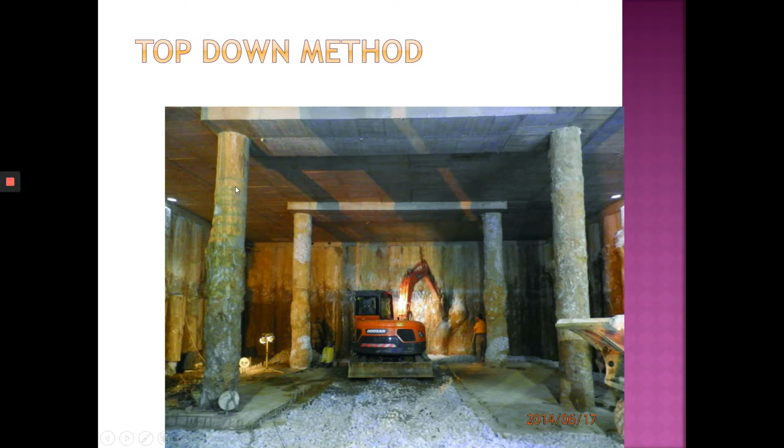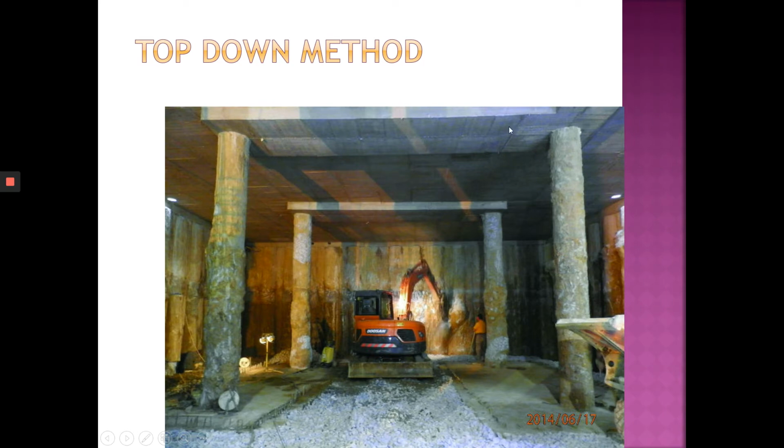And the second thing, you see this column? Can you see all these columns? 1 through 3, 4. These columns are called pre-founded columns. I will explain a bit later, but please just put this in your mind. Remember the picture, snap it in your mind, right? And you also have the slab. How come the slab is already completed? That's what we call top down. The top is completed first, and then it will go down.